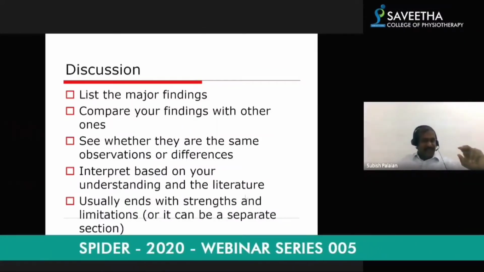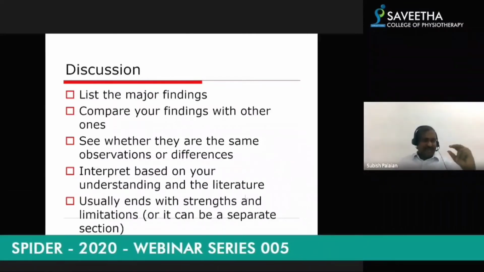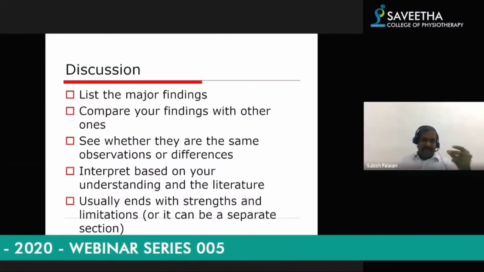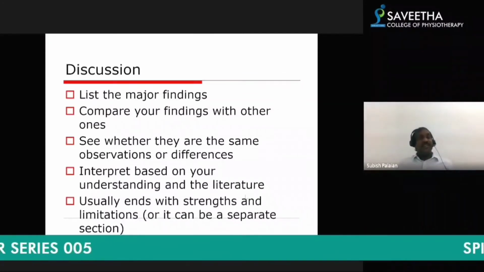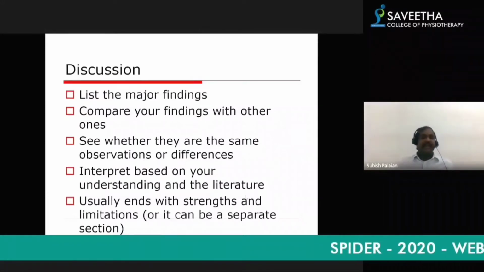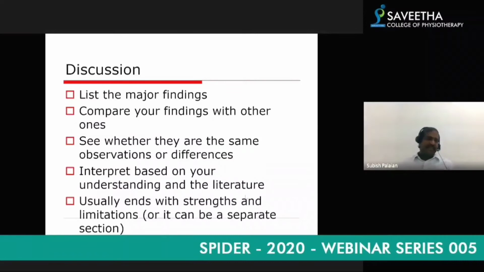That's the first paragraph. Then the second part, you can bring the second observation, make your discussion. Third observation, make your discussion. Normally, discussion is a place where students are stuck. You do the results, and after that, in the discussion, you don't understand how to interpret your finding and how to compare with other studies, and you are stuck with it.